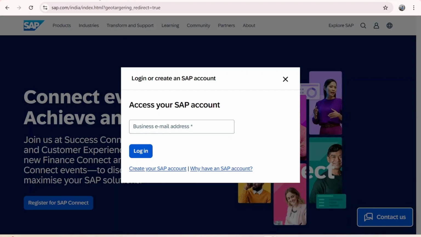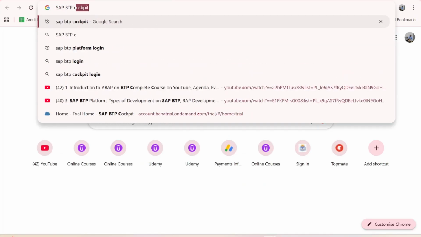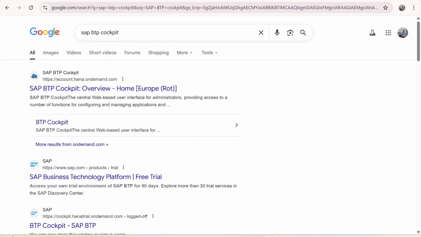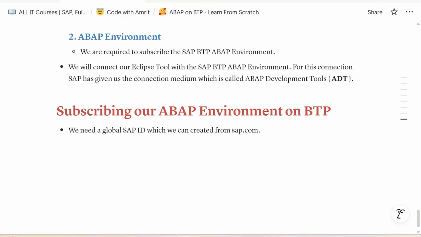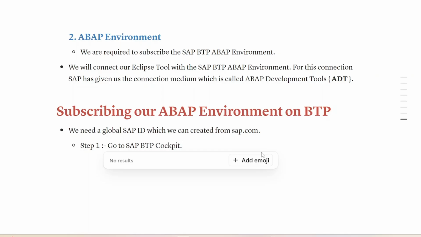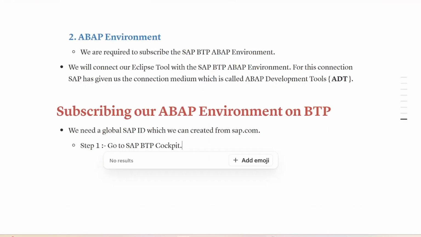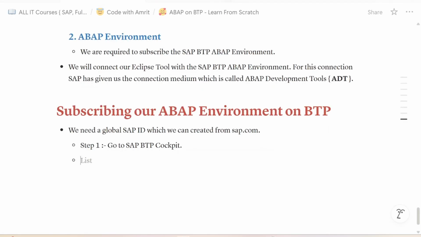Once you have that one, you can simply go to SAP BTP cockpit. So next step is jump towards the SAP BTP cockpit section. So I'll give here step 1, go to SAP BTP cockpit. And using this trial account, you will simply log in to have a trial account of SAP BTP. So there comes our step 2,